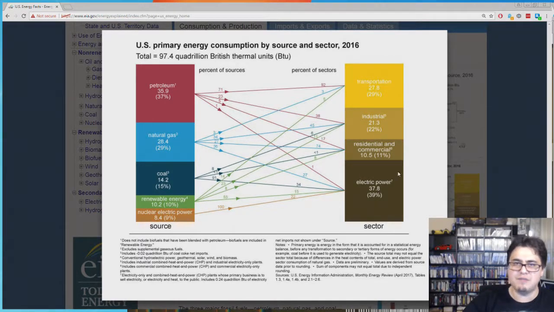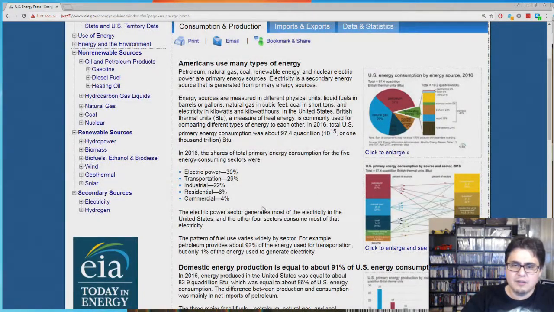And then lastly, of course, you have electric power. That means generation to make electricity for the whole United States. And as you can see, electric power is by far the biggest. One thing that actually surprised me a lot is that transportation is really big too, if you really think about it. I guess we have a lot of cars. We don't really have trains, and we don't walk. There's only very few cities where you can survive without a car. So go figure, in America we spend a lot of energy on transportation.